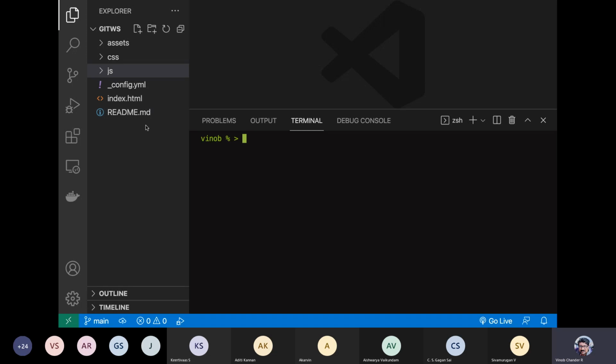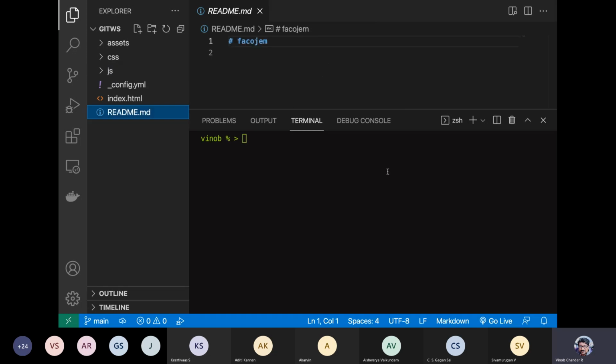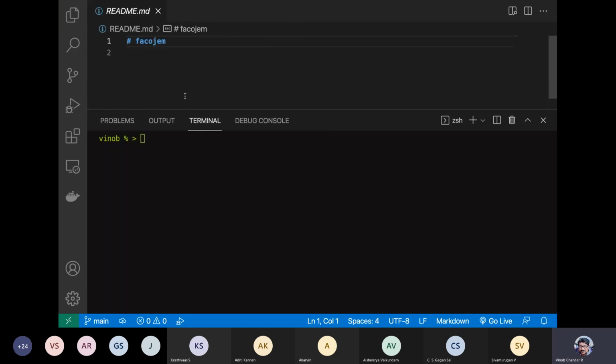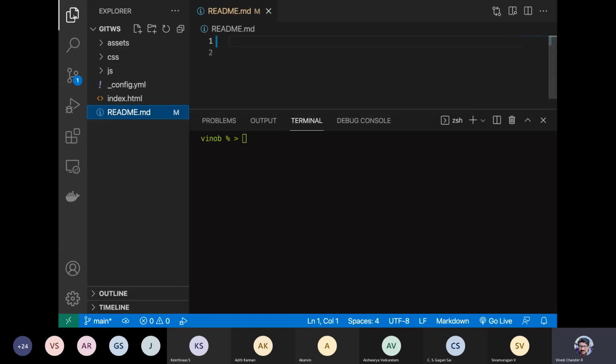Okay. So let us take this simple readme.markdown file and make a small change. You can do any kind of change. Let me just expand this so that you get a better view. Maybe let me just delete it. Deleting is also a change. So let me delete it and then save it. As you see, when you delete this particular line and save it, this color has changed. It says yum.